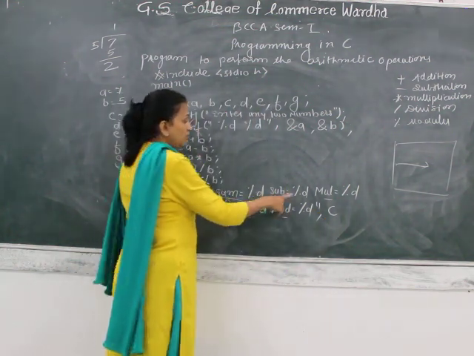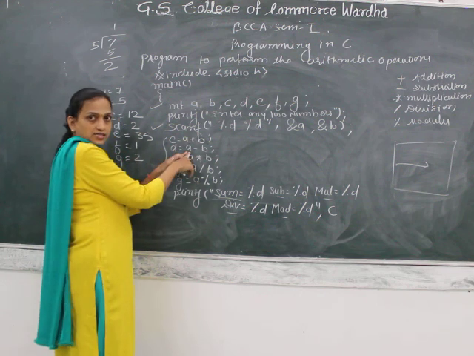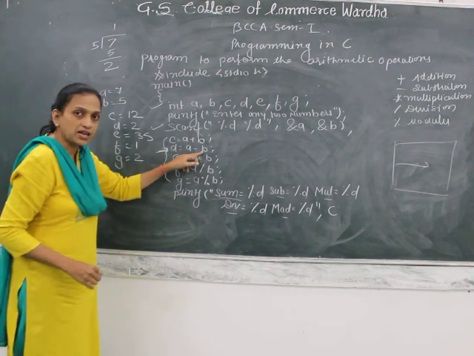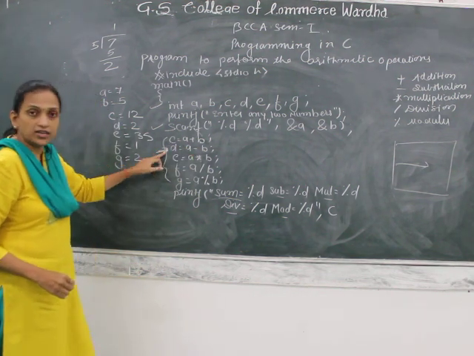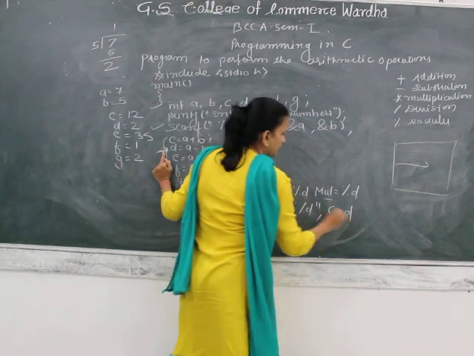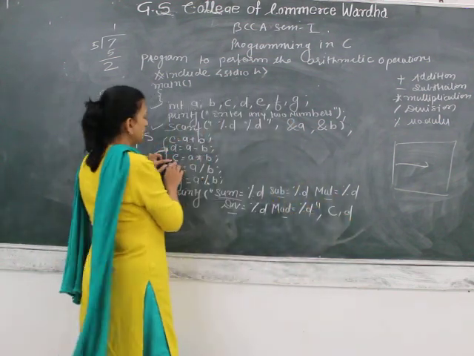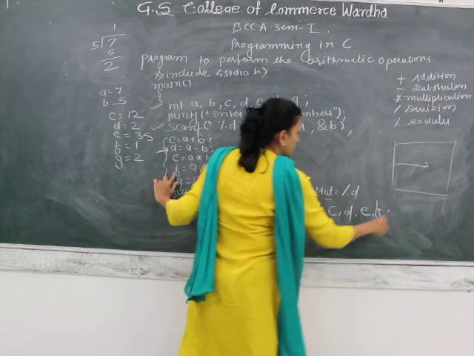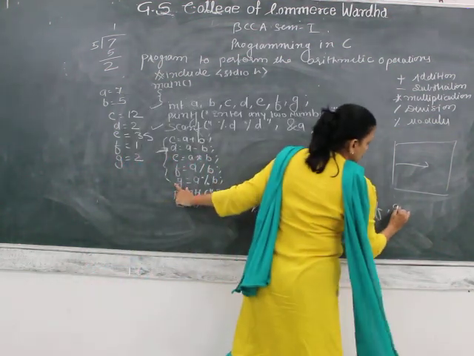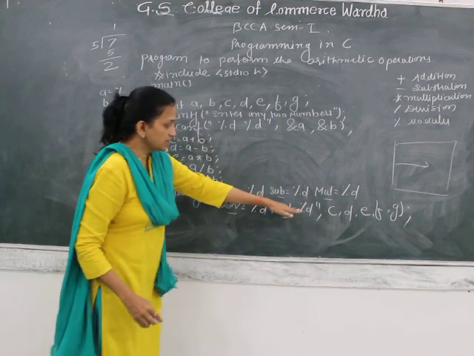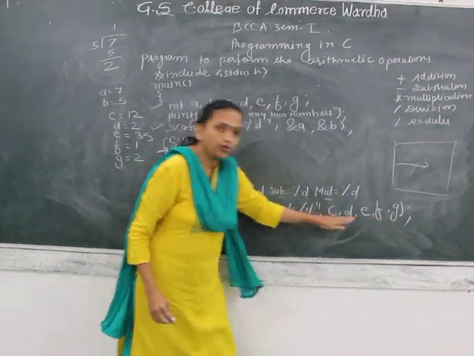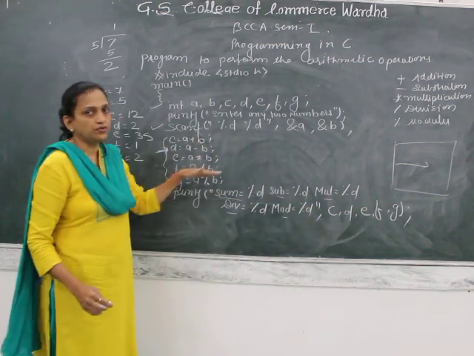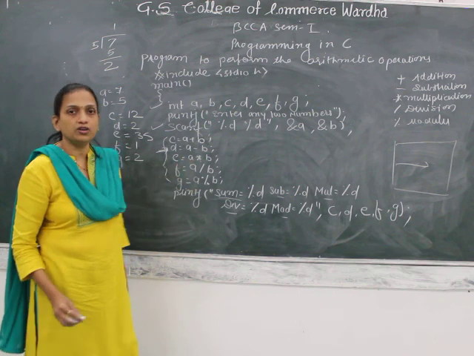Subtraction: the second statement is performing the subtraction. The value of subtraction is stored in D, so you need to write D. Similarly, the third %d is for multiplication, so you need to write E. Fourth is for division, which is F, and fifth is G. So in the sequence which you put here, on the basis of that sequence, the values will be printed on the output screen.